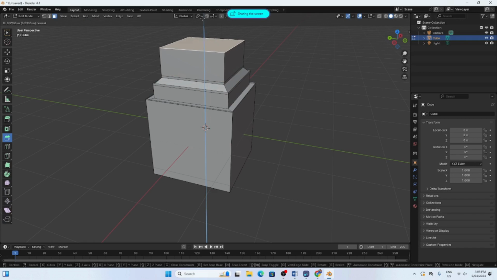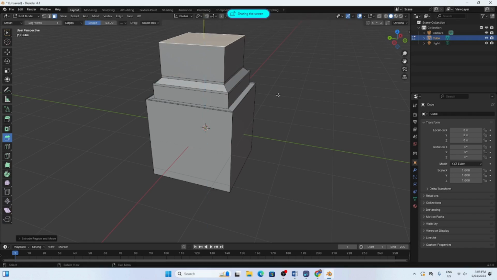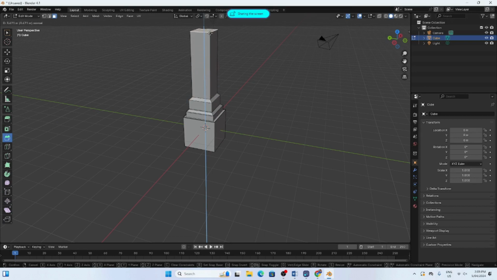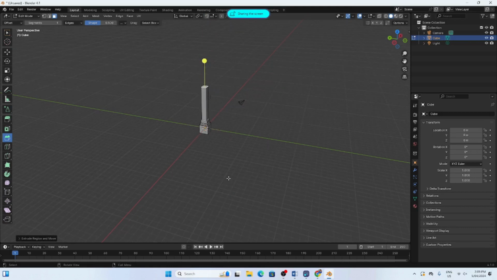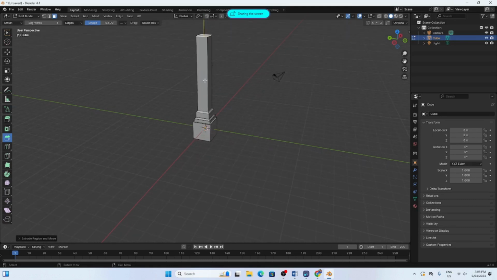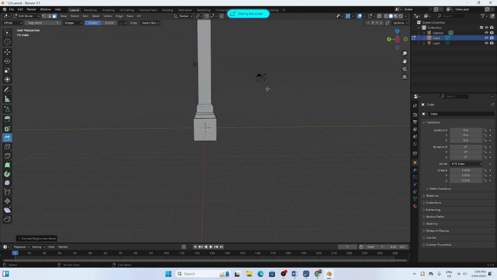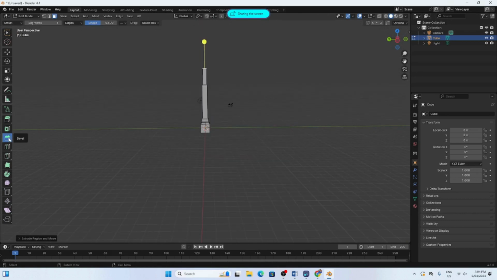Extrude, yes. Okay, wait. Now, move this. Sorry. Select the face and then try to make an extrude up. So pillar, you have to make this type of pillar, okay? Okay, guys, these 2, 3